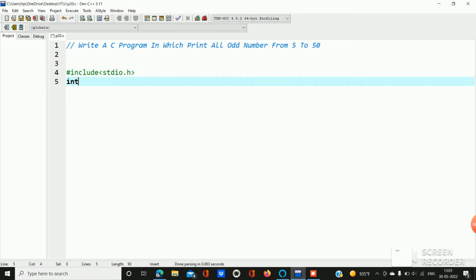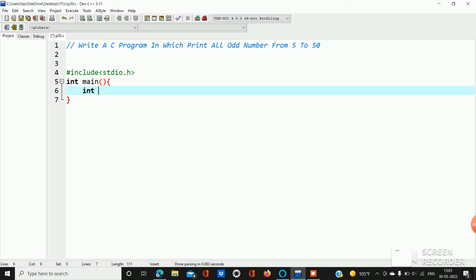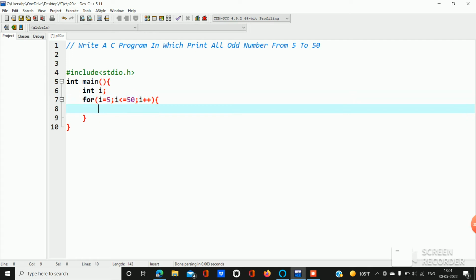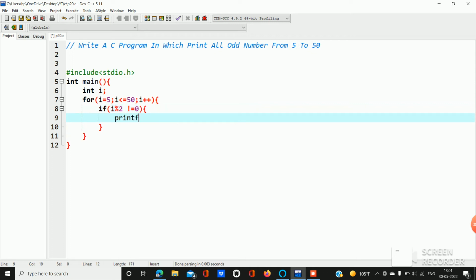stdio.h, int main() {, int i; for (i = 5; i <= 50; i++). Now if (i % 2 != 0), then printf("%d\n", i);